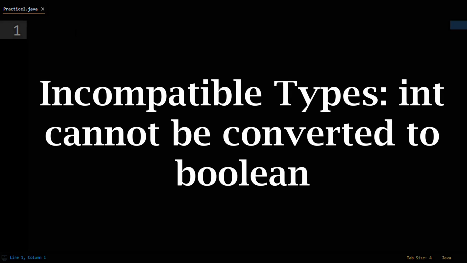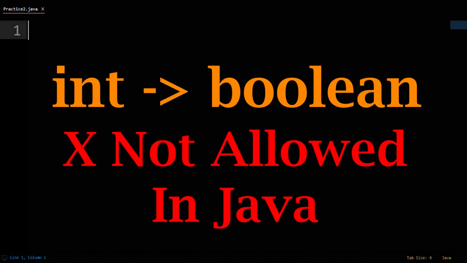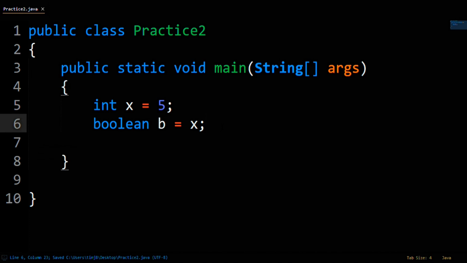How to fix the error, incompatible types, int cannot be converted to boolean. Likely, if you are watching this video, you know how to read, so you've grasped that you're converting an integer to a boolean and that Java is telling you that it is not allowed. Likely, you're not running code like this on screen now, and the location of the error is less obvious.